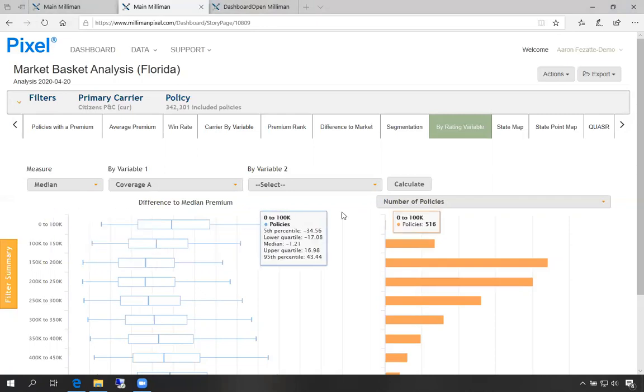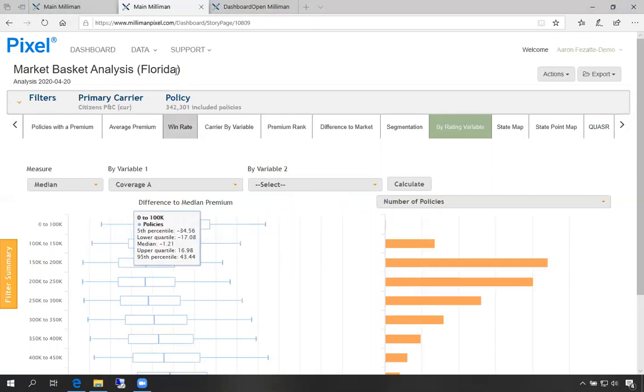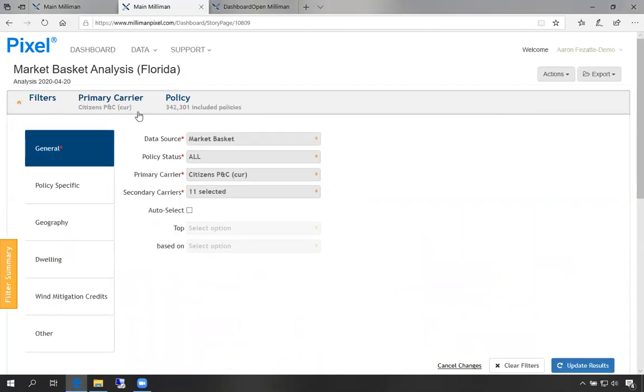As far as custom reports, one of the other powerful tools that we have within Pixel is using the filters. The filters are available at the top, and all of these on the left are different things you can filter on.